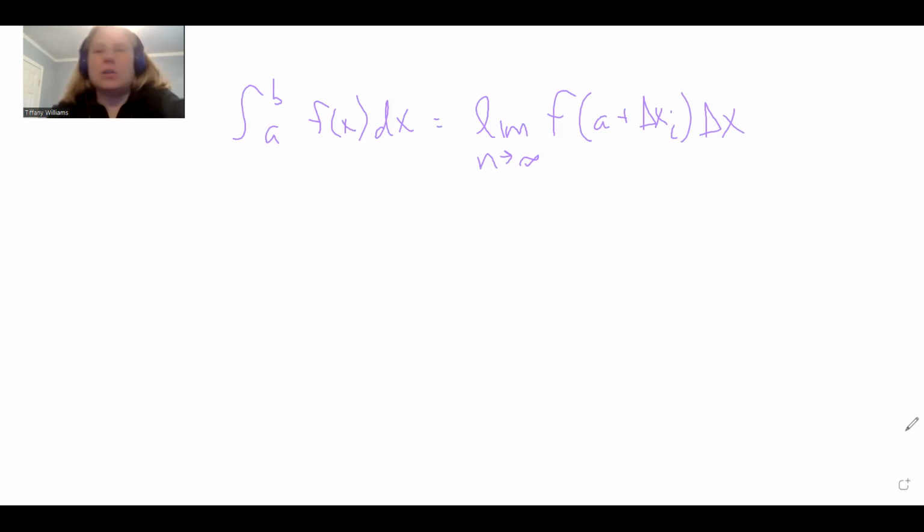Now I do want to remind you here, delta x is equivalent to b minus a divided by n. So in other words, going back to what we did in the previous section, you take your upper boundary minus your lower boundary and divide by the number of intervals that you're wanting to do, or partitions would be the better choice of words there. So let me write down what number 65 says. And actually, let's do this in a different color. So 65 says,